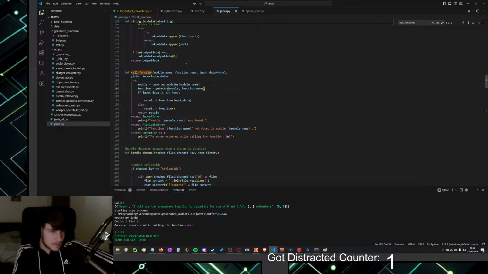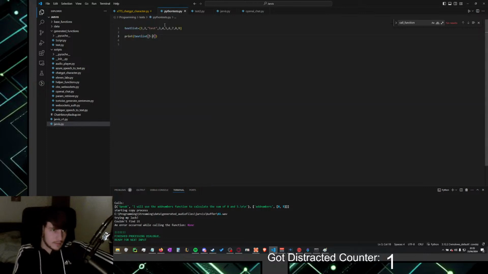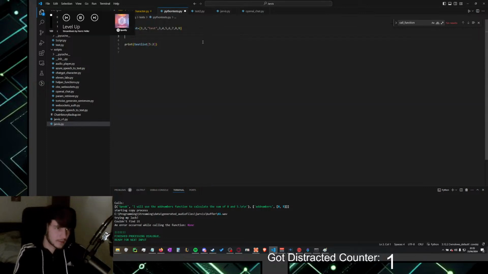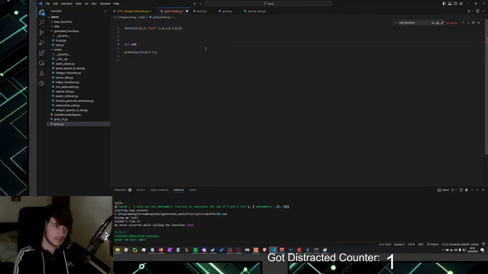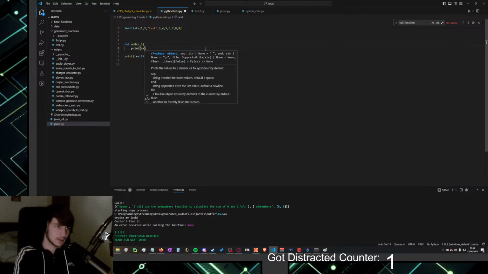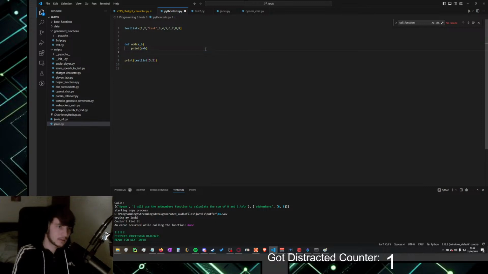I think I don't even need to double up the thing. Okay, time to test Python things. def add(a, b): return a plus b. And if I then say numbers is equal to 8, 5, add numbers.